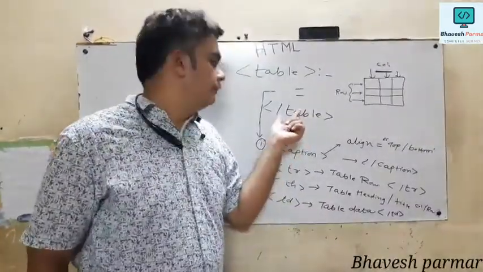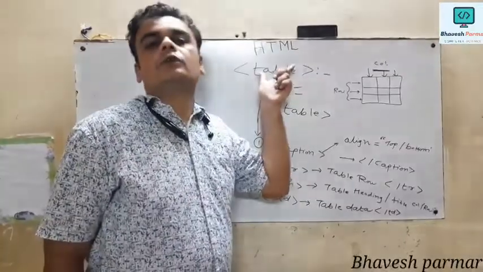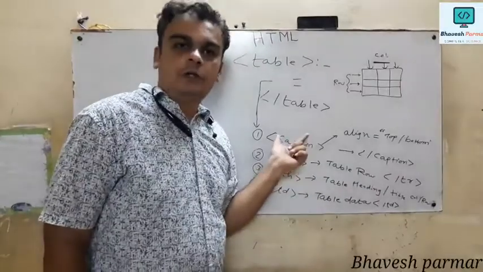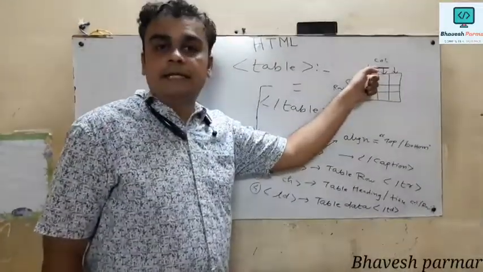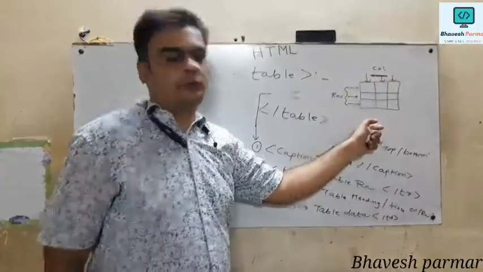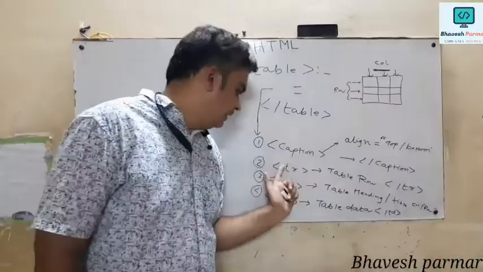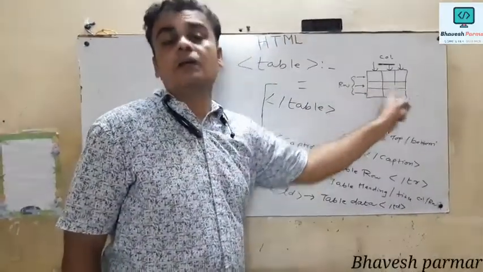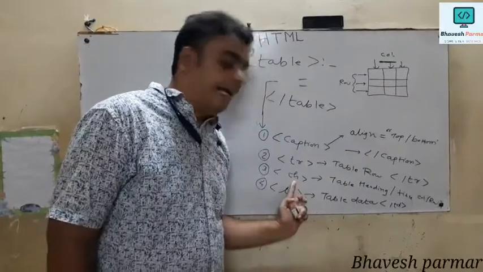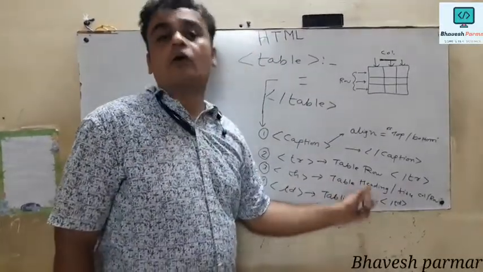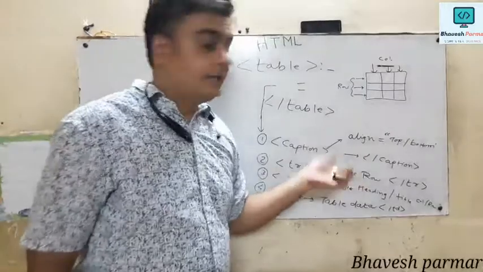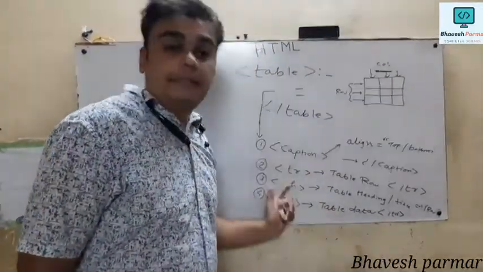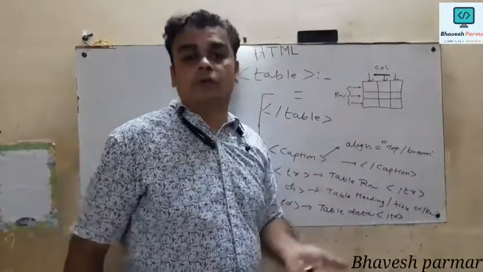Let me take a short review. The table tag is used to represent the information in tabular form. The caption tag is used to give a proper heading to the table, either at the topmost position or the bottom position. Thereafter another tag, the tr tag, represents table row, and we always fill the information in row-wise form. The th tag represents table heading, or you can also say a title heading to the column or row or both. And th represents the data in bold form.